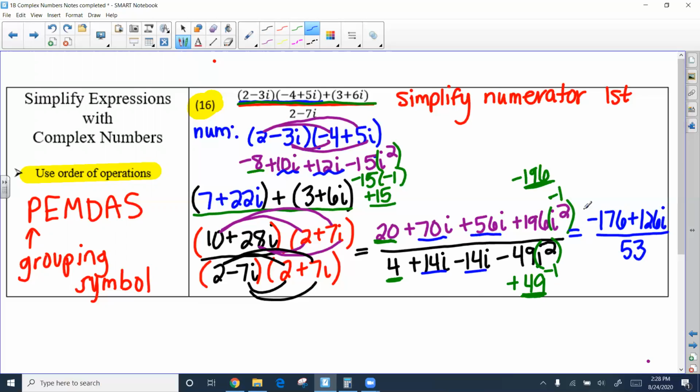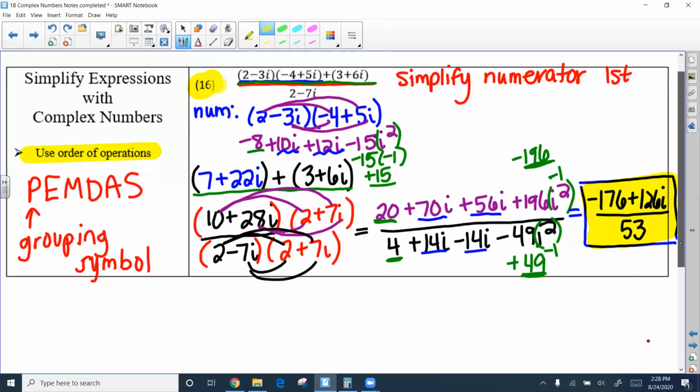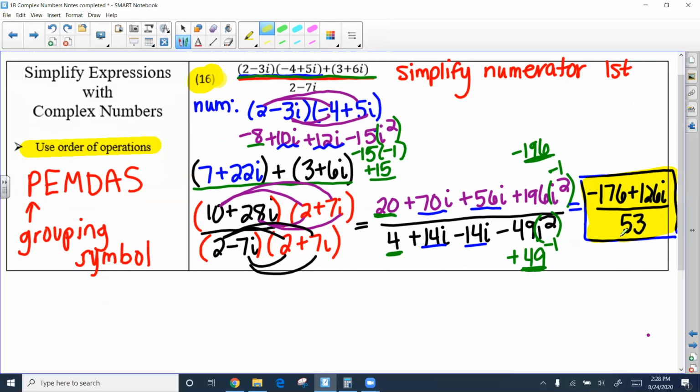So here's what we end up with for our final answer: -176 plus 126i over 53. Okay, so this one, notice the numbers are quite a bit bigger than the ones we've seen because we're doing more operations. So first we did the multiplying